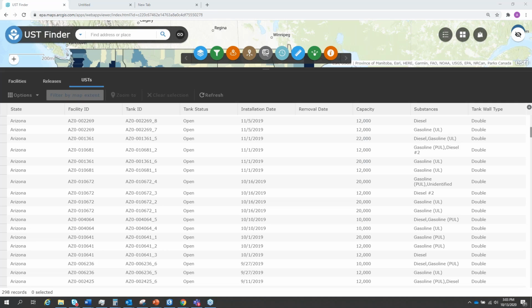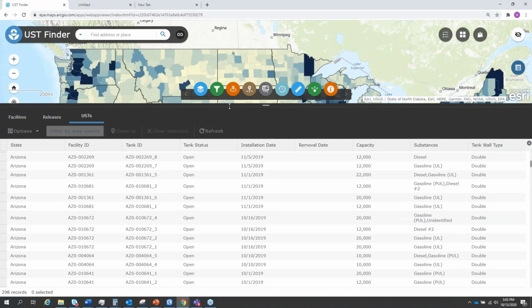And I believe you showed this as well, but a filter for tank type, steel versus FRP. Steel or like fiberglass? Yes. Yeah, so there's a lot of information that is not included that could be. The problem in developing this database was the disparate ways that states collected information and the amount of information that they collected.